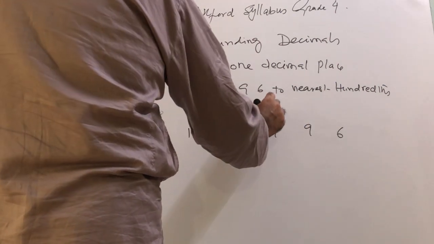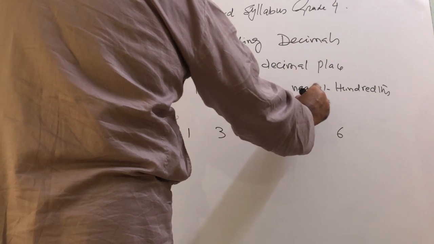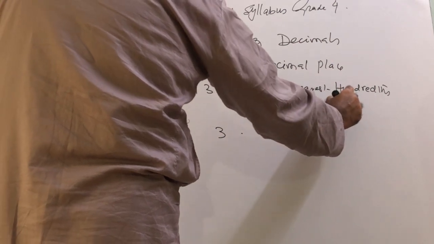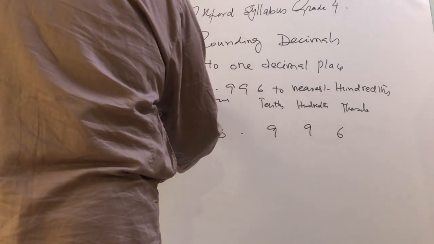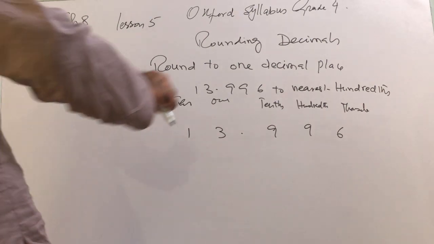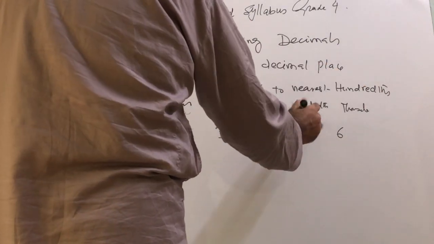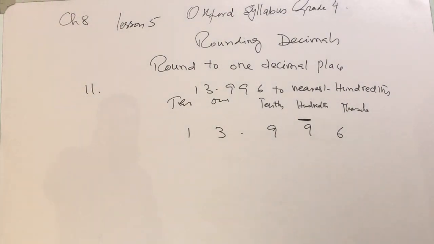13.996. This is tenths, hundredths, thousands. This is ones. This is tens. So we need to round off to the nearest hundredths. Hundredths means this one. So when we did the last question, which was to round to two decimal places, that was the same,